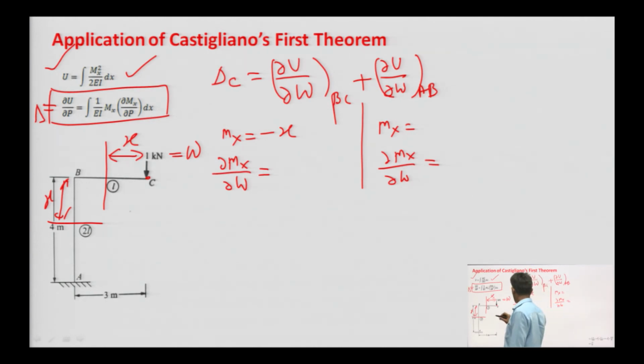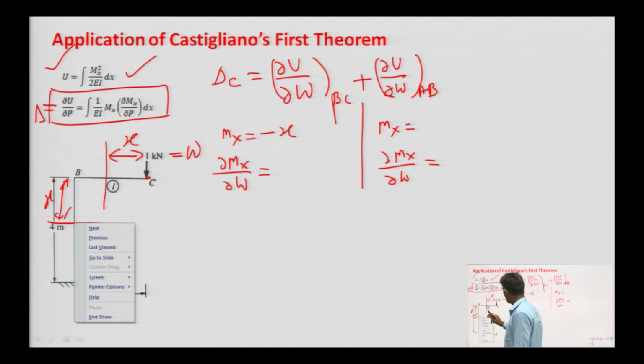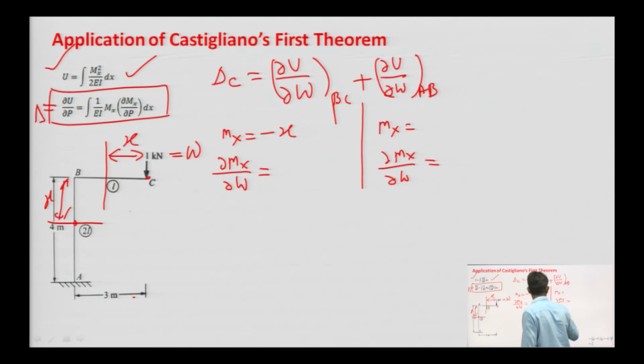Okay. And for this segment, the value of bending moment at this point, it will be what? It will be 1 into this perpendicular distance, this is 3. So, it is 3 and the direction is clockwise. So, you will take minus sign. Not W into 3, because you are replacing it with W, so it is x into W.